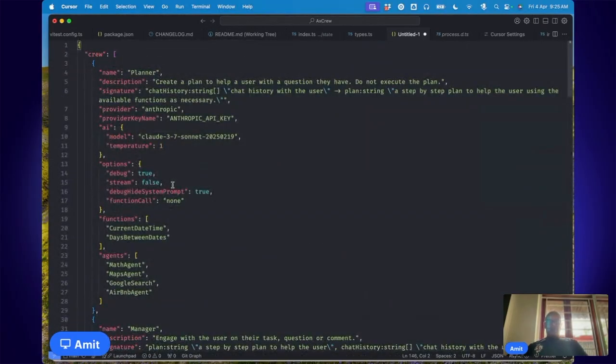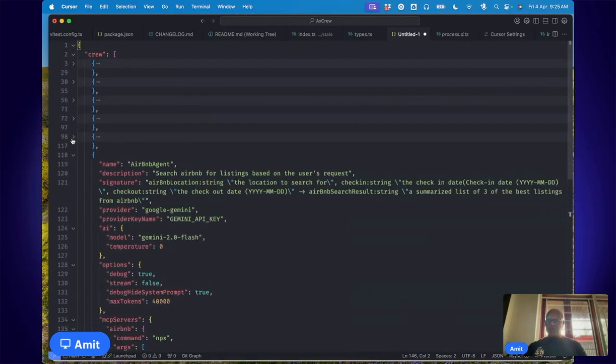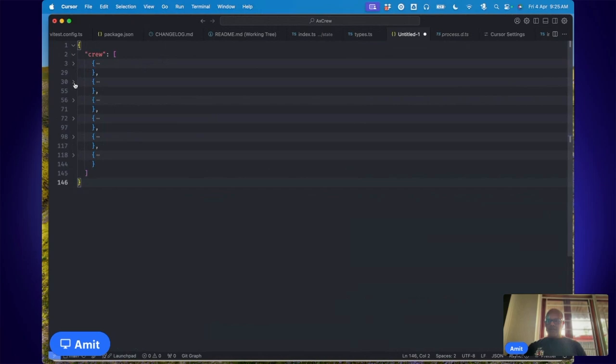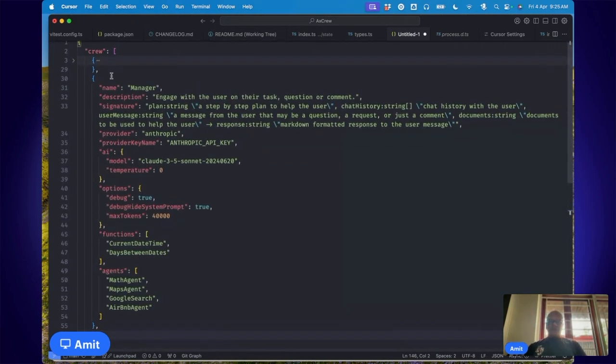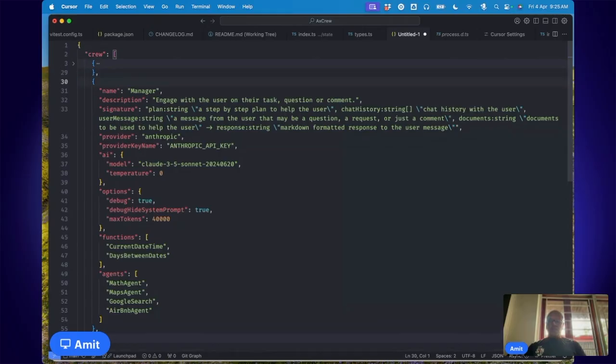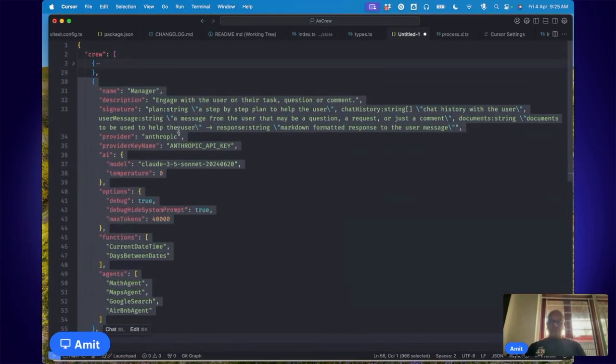Okay, so this is what the crew looks like. I'm just going to hide all of these parts to begin with so it doesn't scare you. And let's break it down. Now, you might have heard of prompting quite a bit, right? But you'll notice that there's minimal prompting involved in setting up a crew. So you don't have to be a really skilled prompt engineer or anything like that to write very complex AI